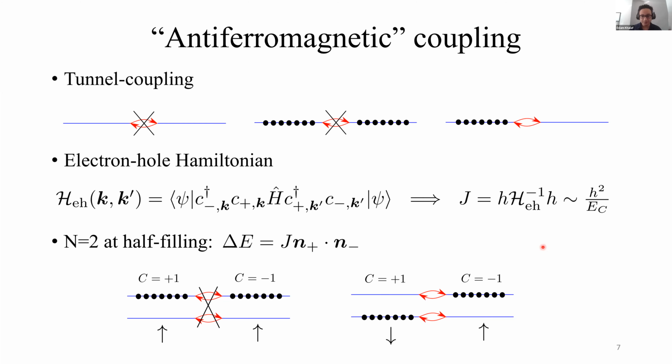So far I've been just discussing the insulating states at integer filling, which is kind of the intro to my talk. The main thing I want to think about is superconductivity, which happens when I dope this system. And I will start by studying the simplest problem of n equals 2 first, before moving to the more complicated and general problem. So let me summarize what we know so far about this problem.